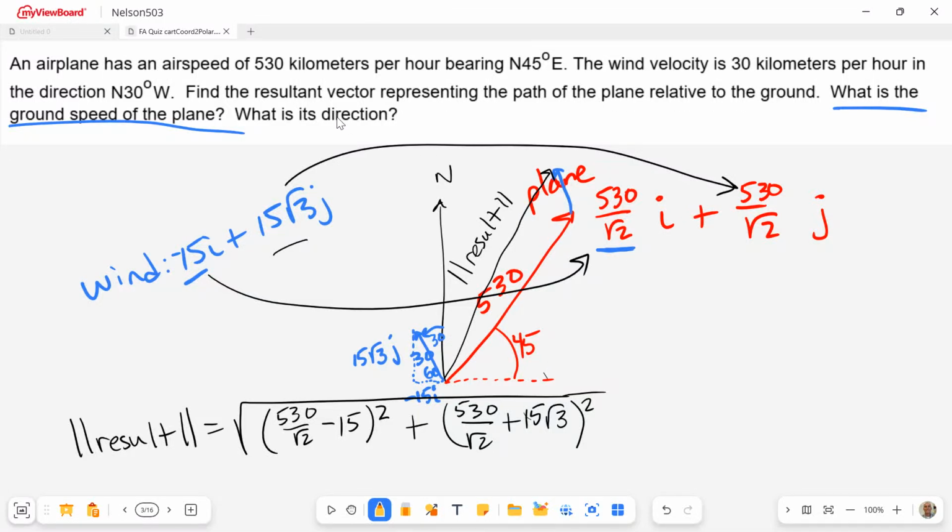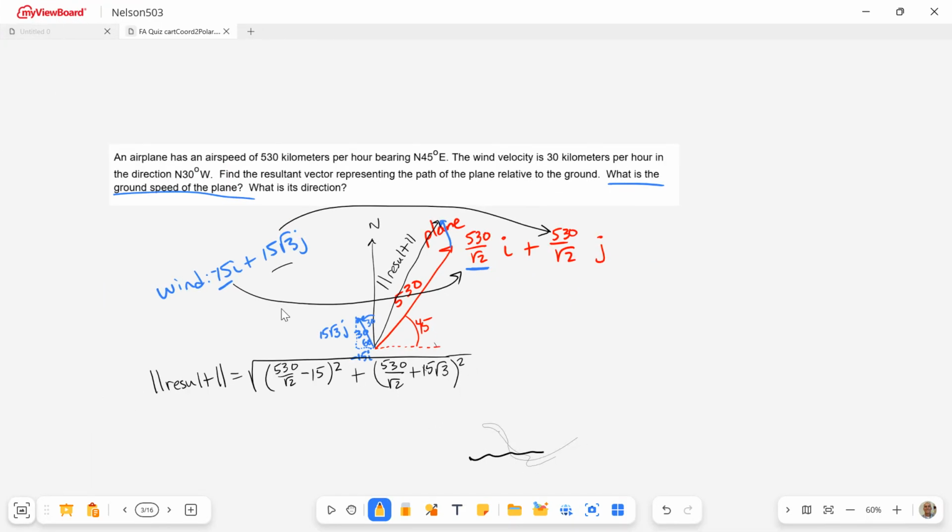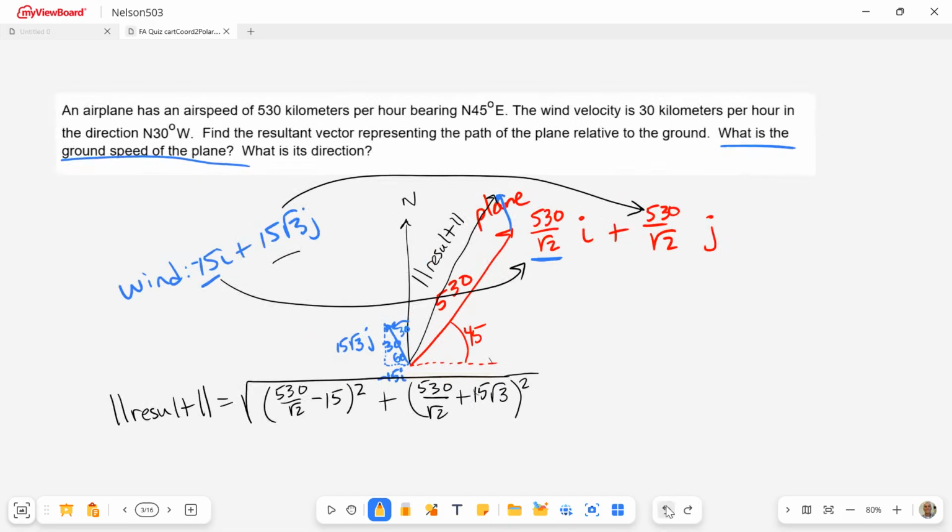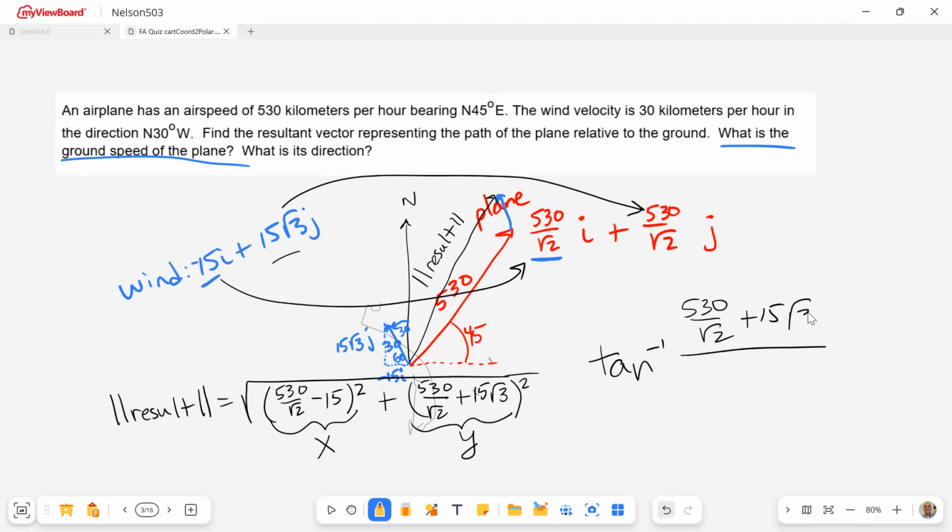Now, how do I find the direction? This is my y component. Whoa, hold on one sec here. Let me undo a couple squiggles on the screen. Okay, so my y component is right here. This is my x component over here. So I want to take the inverse tangent of the y, so 530 over square root 2 plus 15 square root 3, and the x is down here, 530 over square root 2